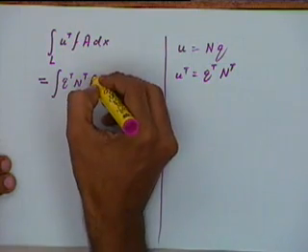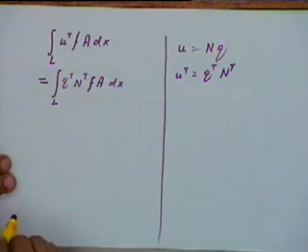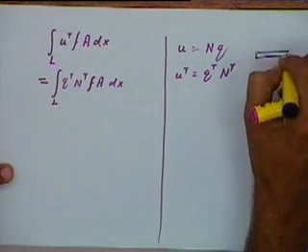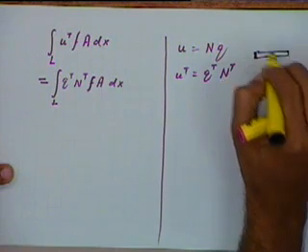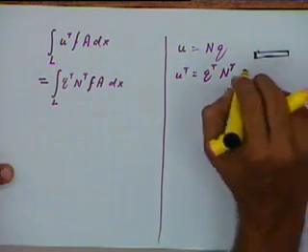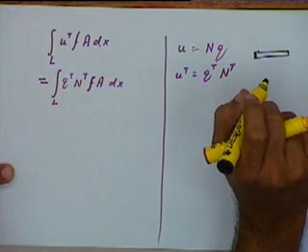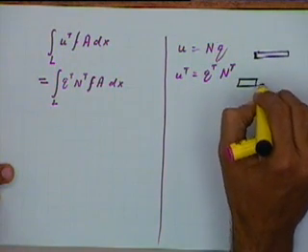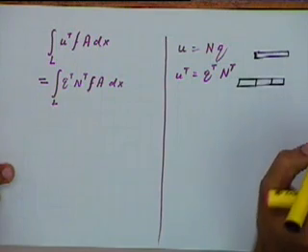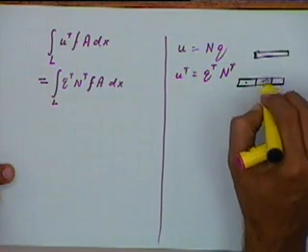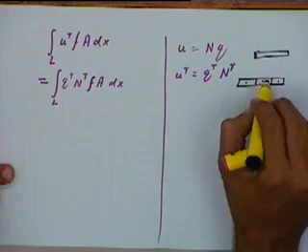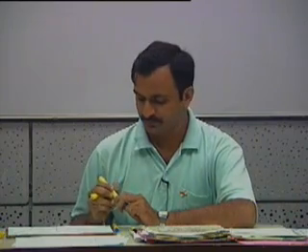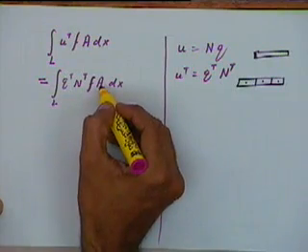Okay, now F is the body force acting in the element. We said initially, if you take an element like this, over the length of this element we will assume the body force to be constant. If you have a number of elements connected together, the body force in this will be different from that, and this will be different from that, but over the length the body force is going to be constant, because we are taking elements to be small enough. So in that case F will be a constant, and A, again area of cross section, that is